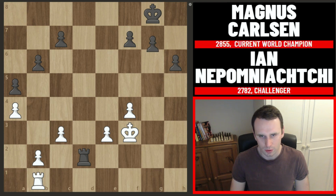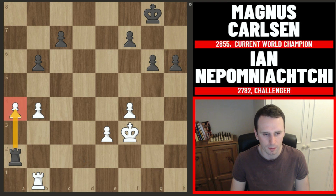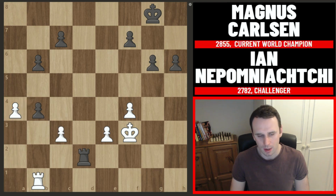Now we had pawn to g6 from Magnus, a nice tidy move, just preparing to bring the king up. We had pawn to b4 now from Jan, so his only hope here is that he can trade these three for these three, but in practice there just isn't the time for this. So Magnus captures here, you can't take back with the pawn, or the rook comes to a2 and you're picking up this one. So that's why Jan recaptures with the rook, and now a really tidy move from Magnus, he goes rook to a2,